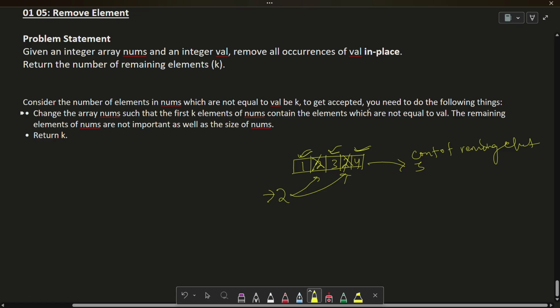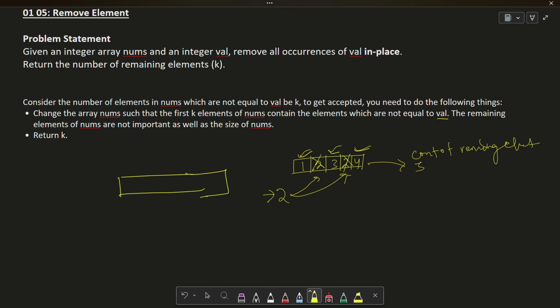To get accepted, you need to do the following things. What are the things we have to do? Change the array nums such that the first elements of nums contain the elements which are not equal to value. So in that array, we have to order the elements in such a way that in the front we have the elements which are not equal to the value. So the array should be